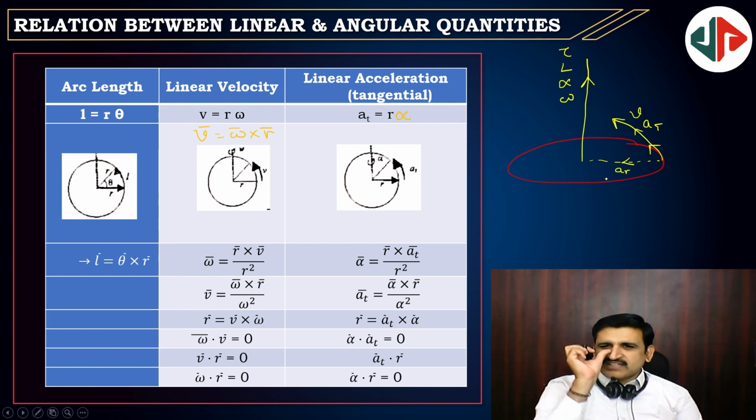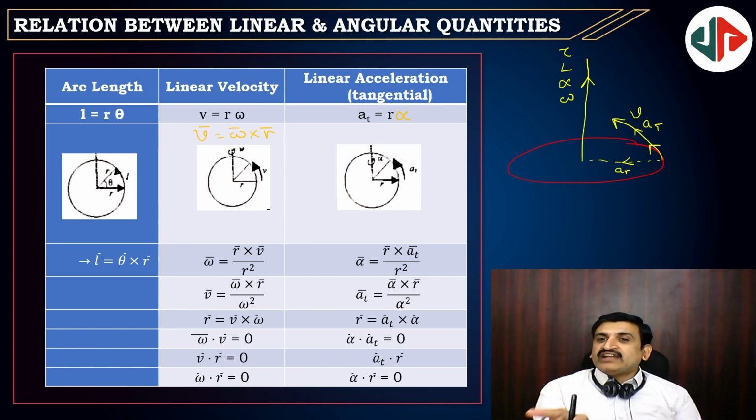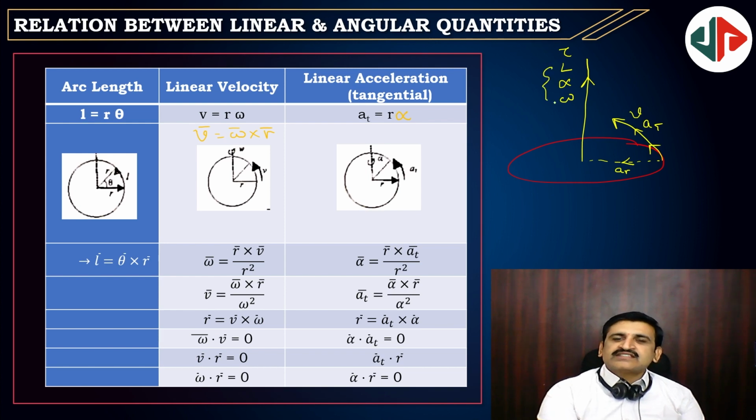As per these directions, tau, L, alpha, omega are all perpendicular to V and AT. So perpendicular means cos 90 is 0, and dot products will be 0 for them. Dot product between these things is maximum when they are in the same direction. In that context, these points will come. Next,